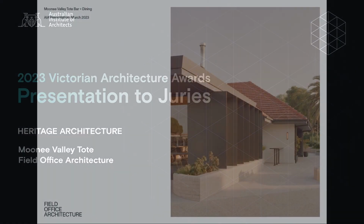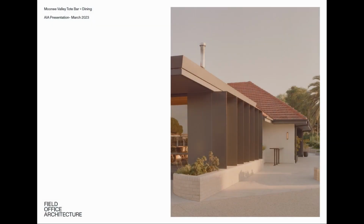So my name is Chris. I'm from Field Architecture. We were engaged in this project in 2018. It's the Moonee Valley Tote Bar and Restaurant, part of the greater Moonee Valley racecourse precinct. The overarching goal of the project was to restore and enhance the visual features of the 1938 Tote building,